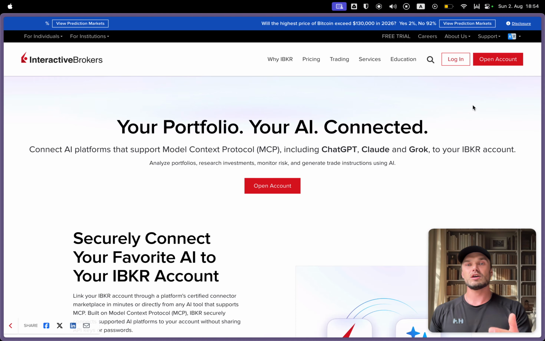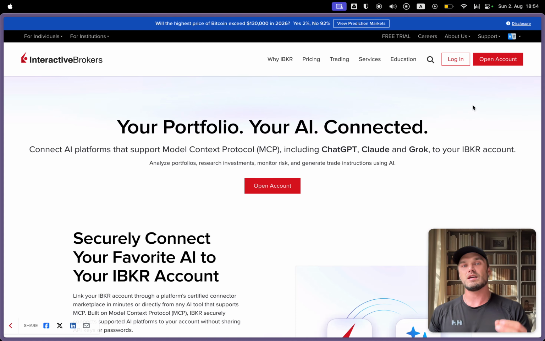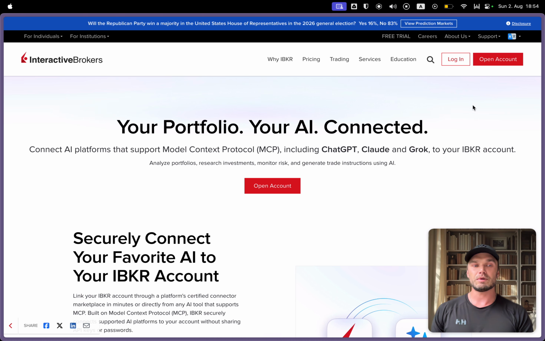Hi guys, Interactive Brokers a few months ago released the MCP connection, which allows you to connect your portfolio with your favorite AI. And ever since their release, there were a lot of concerns and debates going online about whether it's actually safe to connect your live portfolio to the AI, considering all the damage AI was doing. And I myself was really concerned to connect it to my live environment,